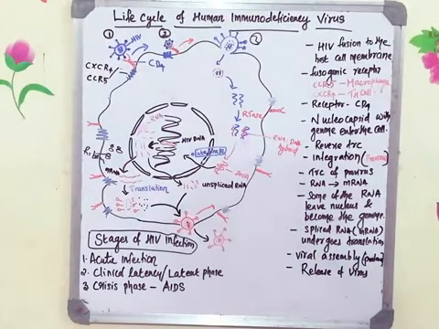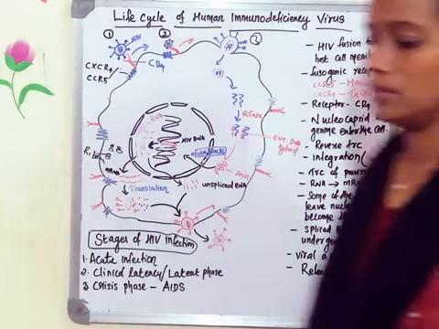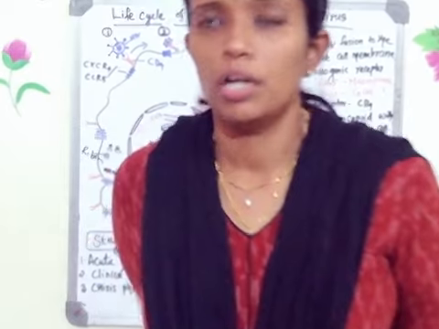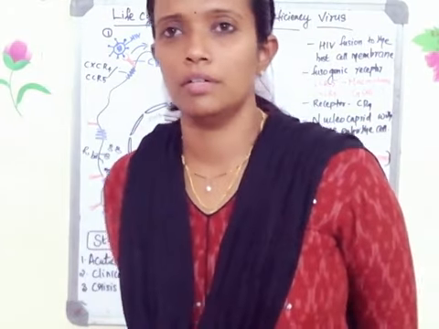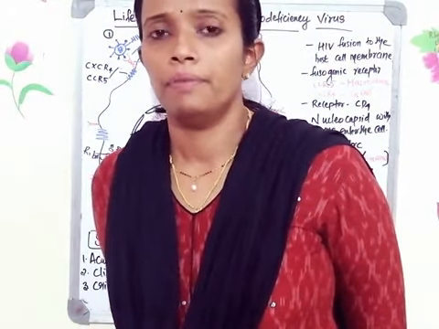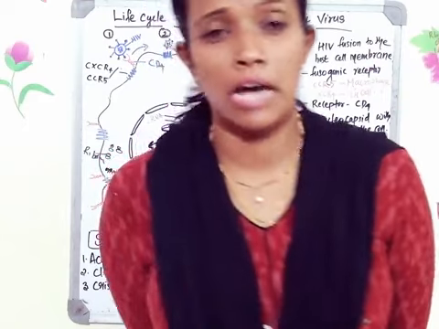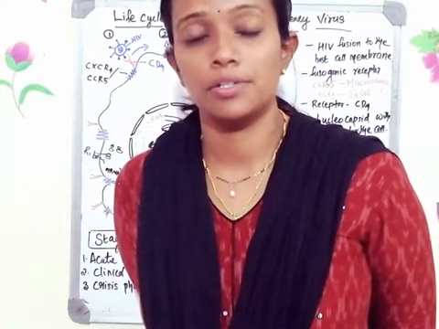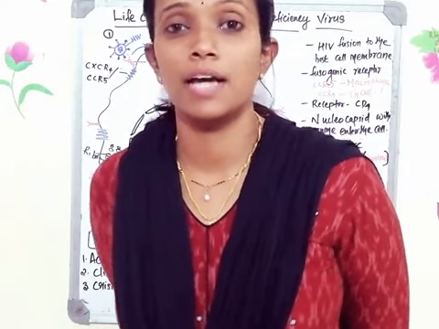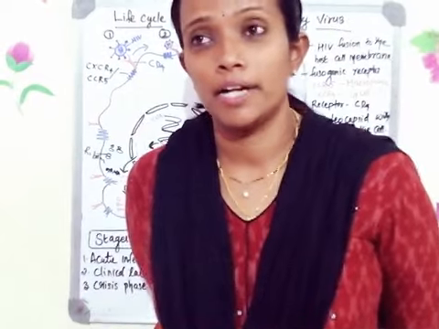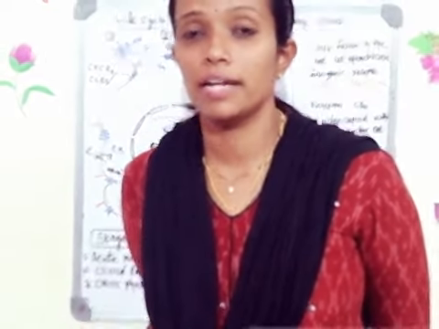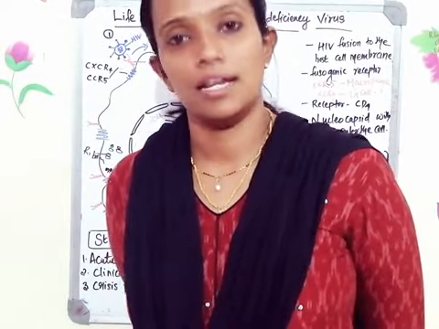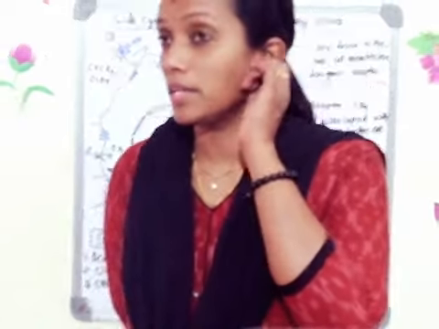Now first we'll start with the acute infection. In the case of acute infection, the initial infection with the HIV. So after having unprotected contact with an infected person, if a person gets to know that he must have got this infection, immediately after 1 or 2 days, as I told you earlier, if we go to hospital, they will give the antiviral drugs, or the drugs which can degrade the RNA of the virus. Then he can survive for a longer time. Otherwise, it is very, very risky.